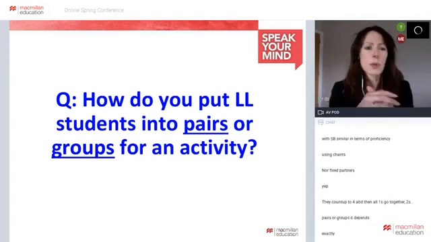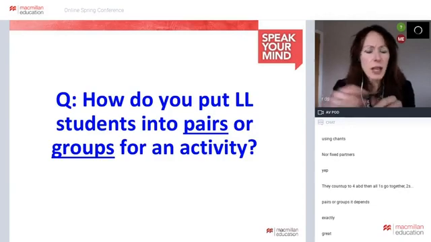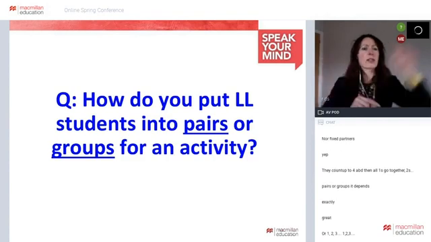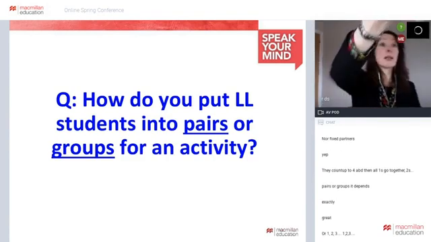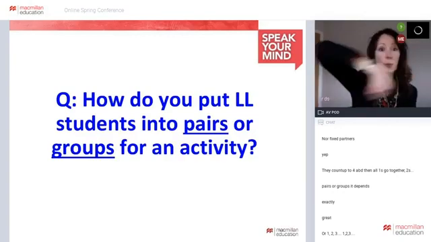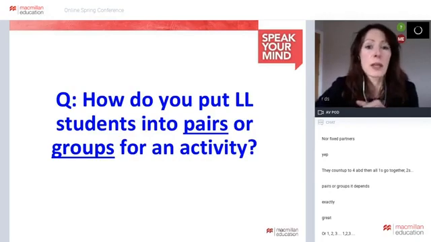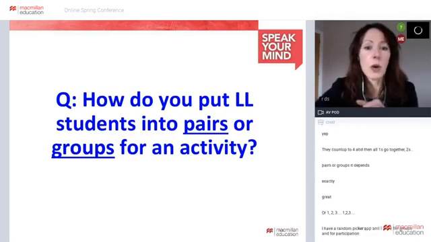And the same with groups. If you want to put them into groups, and a few people have asked about levels and getting people into groups. So you could mix and match here and say student A, student B, student C, student D, 1 group. And mix and match them and put them together. Let's go on